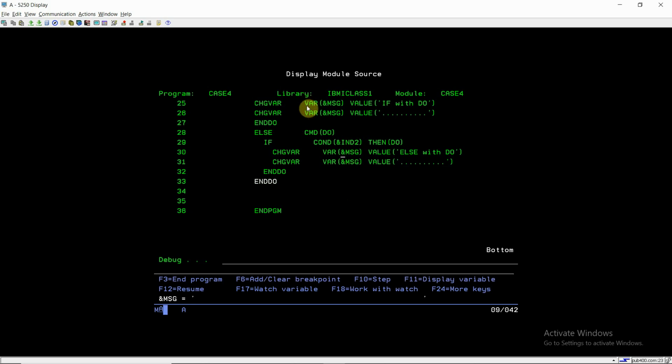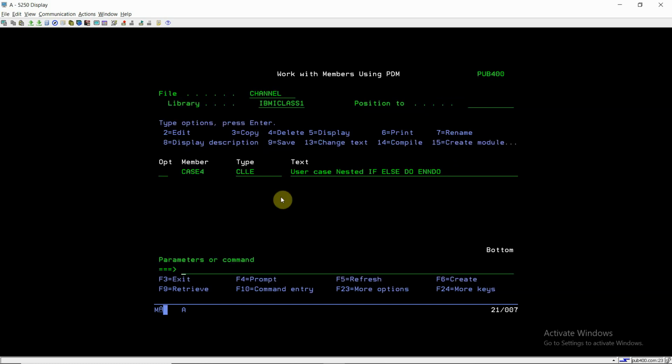If the condition fails, the program execution flow will go to the else part, and inside the else it will check again whether the if condition is met or not. If it is not met, it will leave that do and undo group and exit from the program. So this was a use case where the user wants just one more level of nesting in if else and do undo groups.